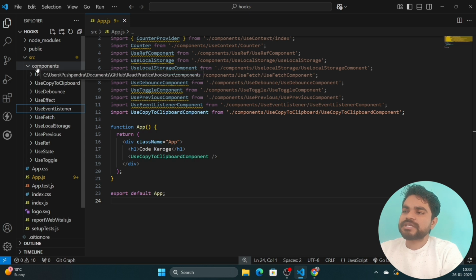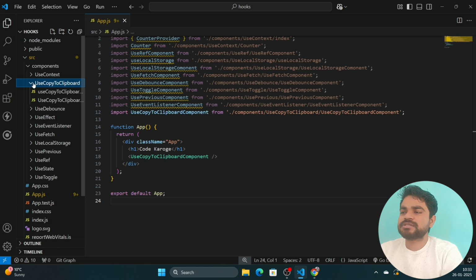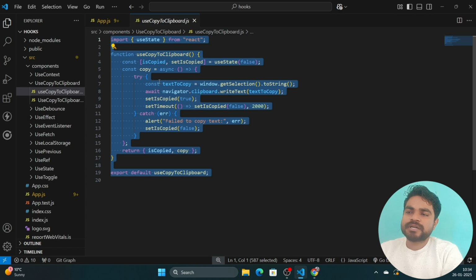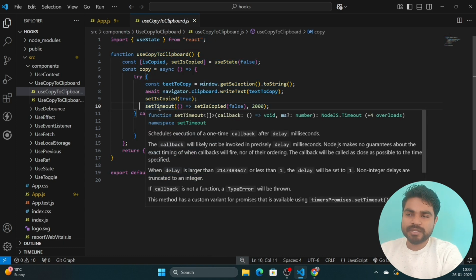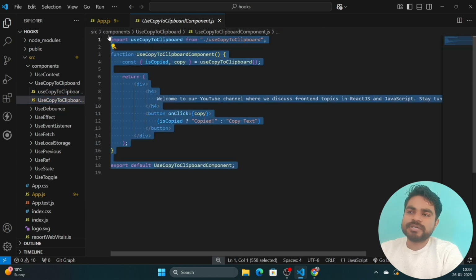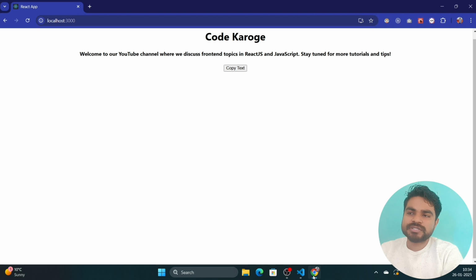For the current custom hook, the copy to clipboard hook, we created a separate folder named useCopyToClipboard, and inside this there are two files. In the first file we write the exact logic for copying data to the clipboard, and the second is a component which we call from app.js, where we write everything we see on the browser.